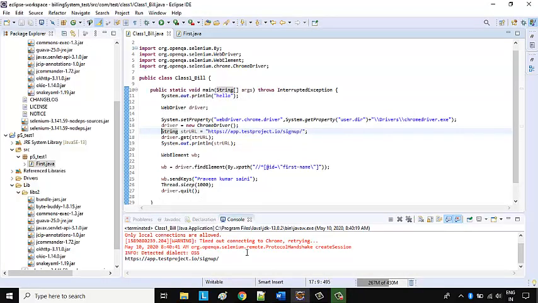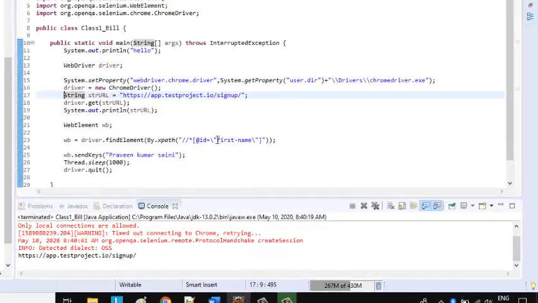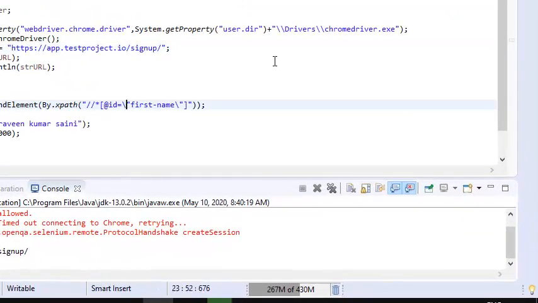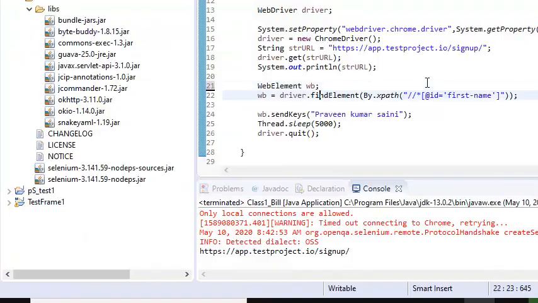So what we have to do, and one more change I need to make, we have to use single quotes as of now. Okay, now going to run again. So let me execute again.